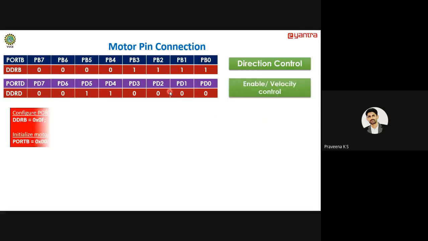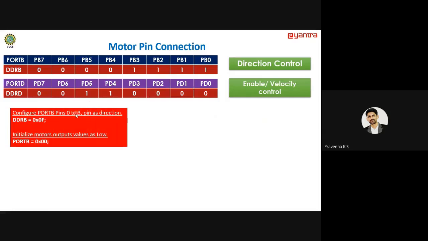We'll see that. What is the conventional way of sending data is like this. In order to configure port B from pin number 0 to pin number 3 as output pins, we have to send DDRB is equal to 0x0f. And to initialize the motor's output values as low, we have to send PORTB is equal to 0x00.